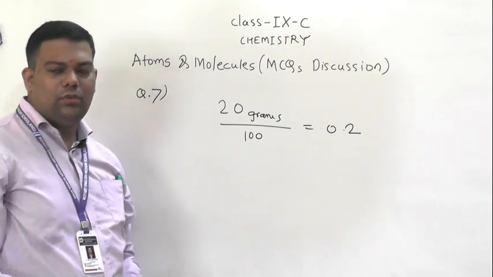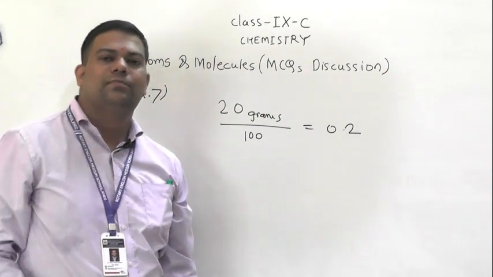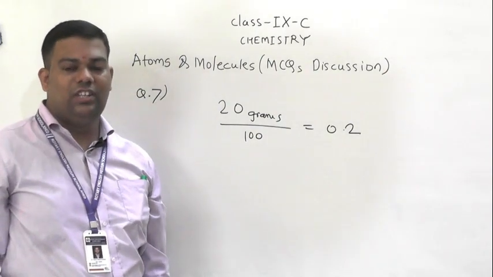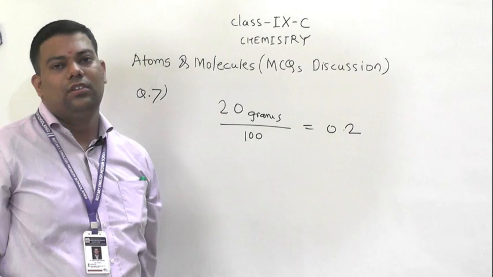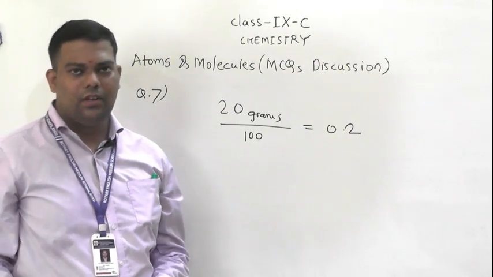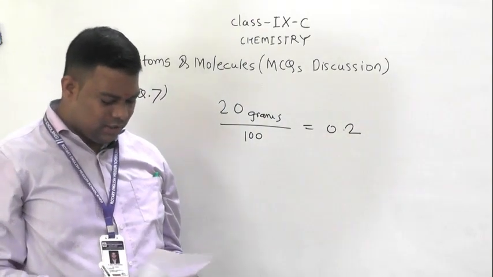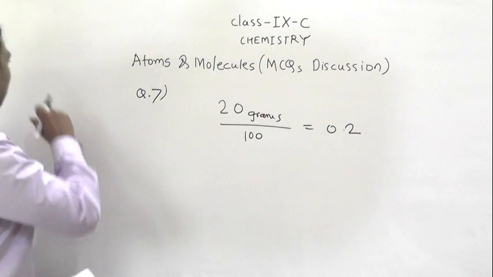Understood? So like that, this numerical is simple. But you must know at least atomic numbers from 1 to 20, their atomic masses with their charge, and electronic configuration. You must know all this data. Okay. So see here, next question we will discuss, that is your question number 8.